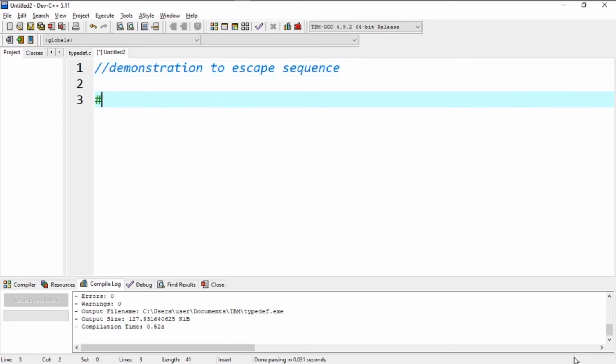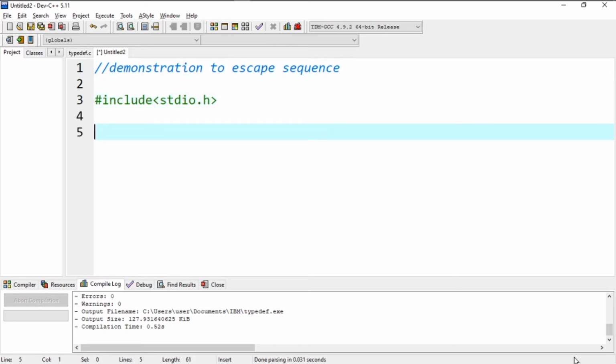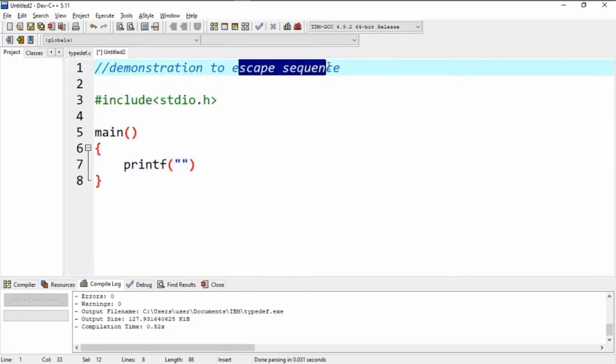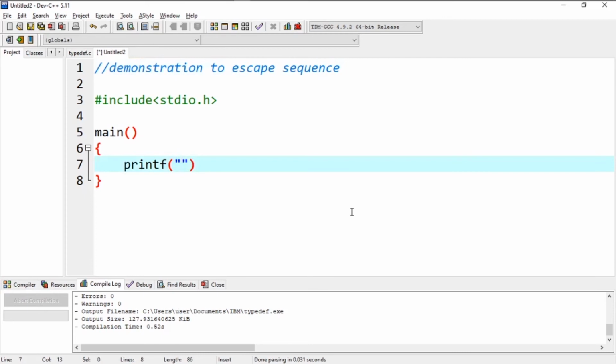Now let's include a header file, include stdio.h. Now let's write a main function over here. So let's start with print statement. As I already said, these escape sequences are written in printf statement within this inverted comma or double quote. So I write over here, hello, welcome to my channel.